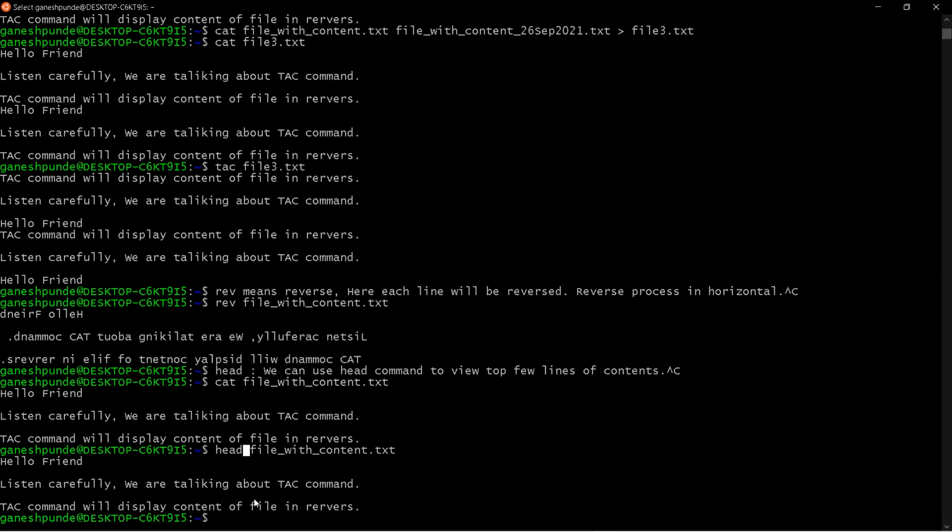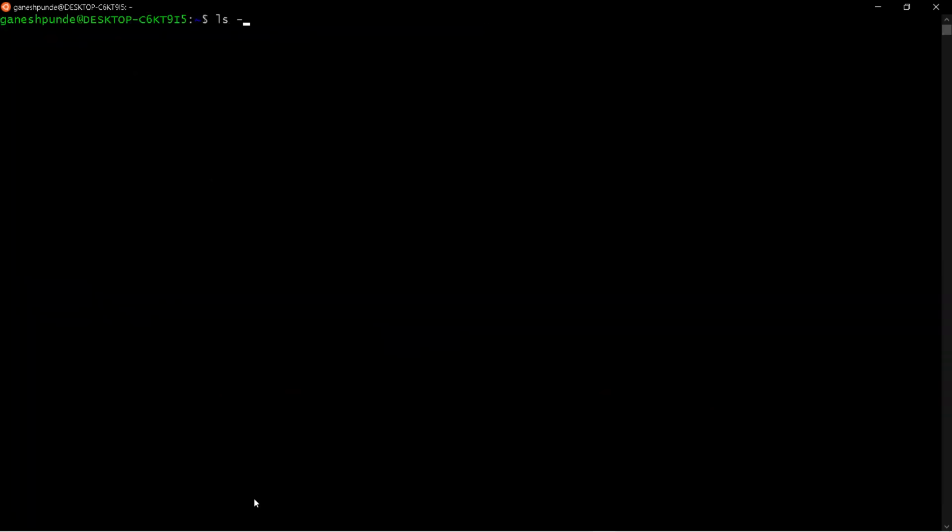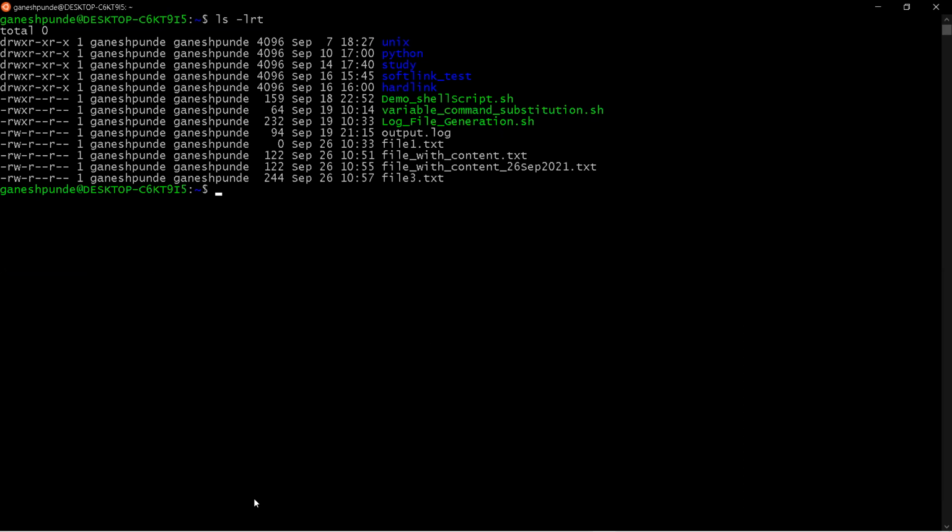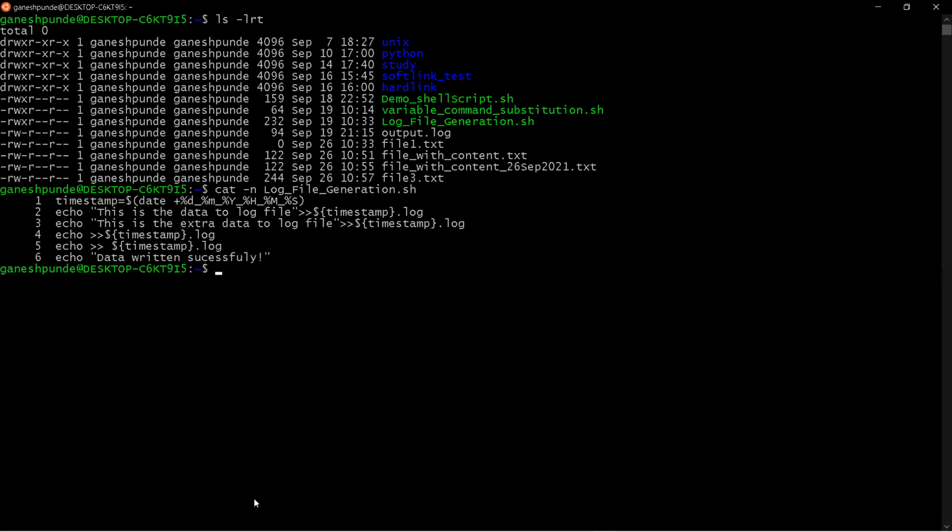In some files we have more than 10 lines, and in those cases it will show only the first 10 lines. Let me see if any file has more than 10 lines. Let's see cat -n log. Okay, it has 6 lines only.